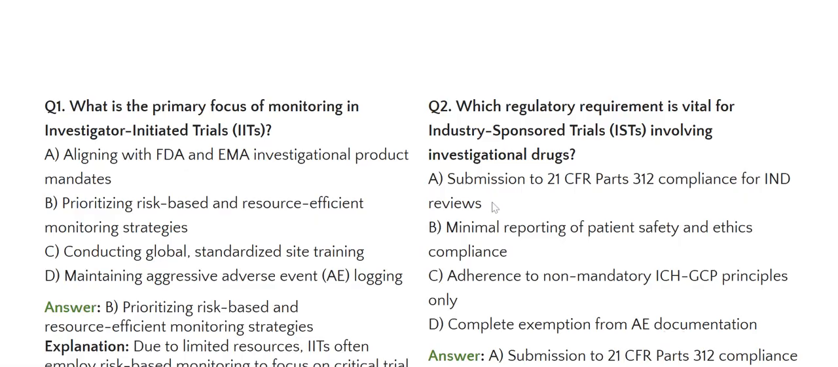So the most reasonable answer, B, minimal reporting does not make sense, it is not applicable. Adherence to non-mandatory ICH-GCP, actually it's mandatory, so not applicable. And complete exemption from AE, there is no such exemption in research involving investigational product, as AE has to be documented every time and always. So the only reasonable applicable answer would be A, 21 Code of Federal Regulations